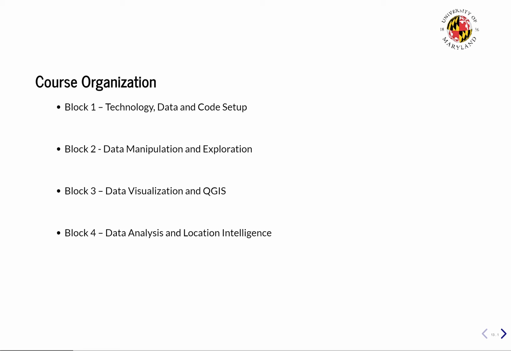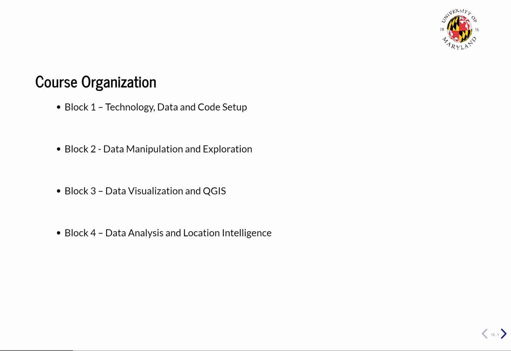The first block will be consisting of the applications and the code that you would need to download, as well as the data set that I have prepared for this course. Since I will be practically demonstrating the analysis as we proceed with the course, I would like you all to install those applications beforehand. In block 2, we will take a look at the dataset and how it was extracted from its raw form. Then we will proceed ahead and try to play with this dataset by manipulating it and deriving some other useful columns for analysis.